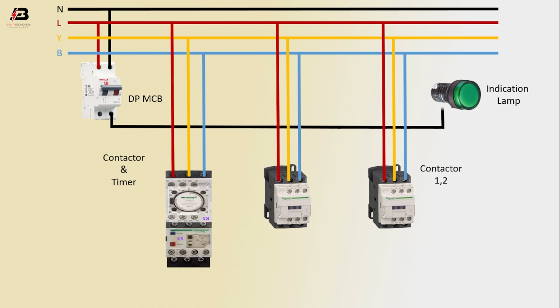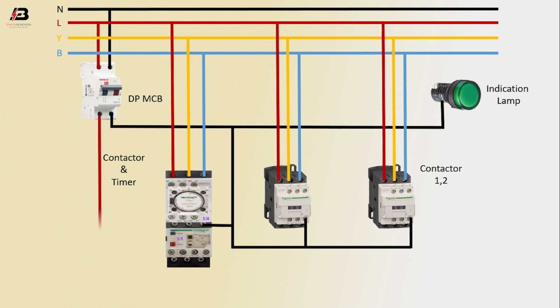Neutral connection from DP MCB to connect indication lamp, neutral connection input to contactor 1 and contactor 2 coil connection, neutral connection input to contactor and timer, phase connection from DP MCB to connect contactor and timer, output connection from contactor and timer to connect contactor 2, again another connection from contactor and timer between 2 points, output connection to